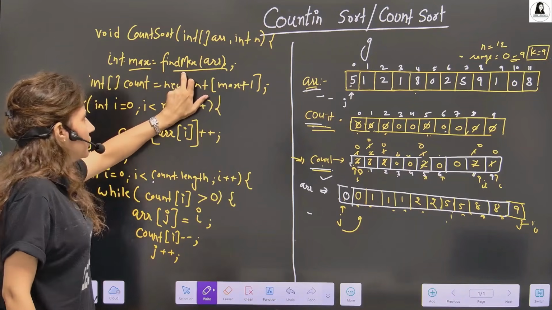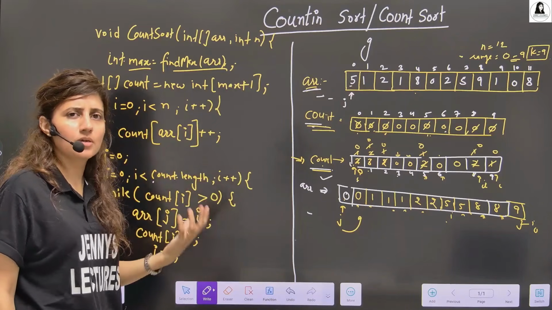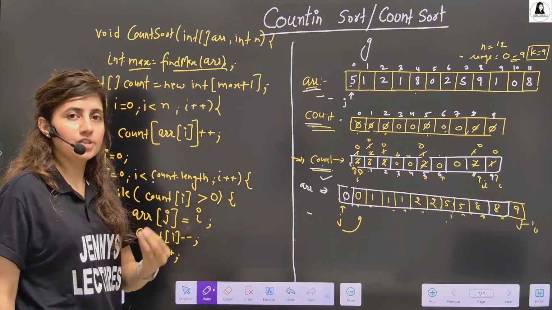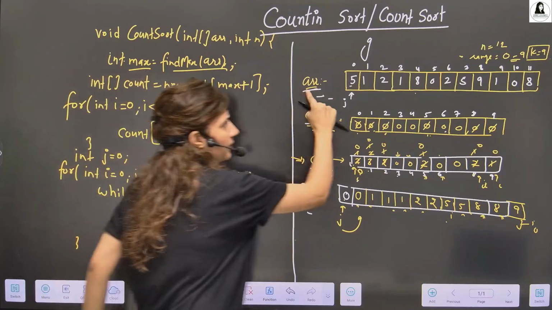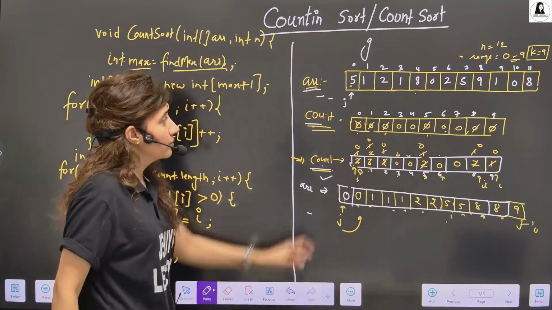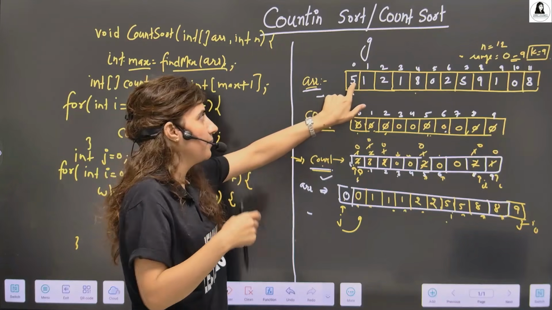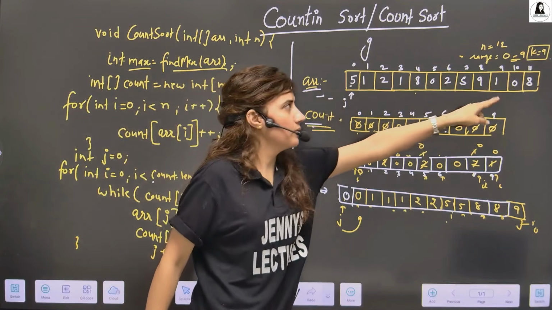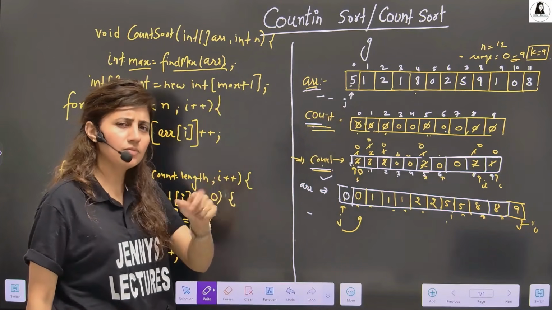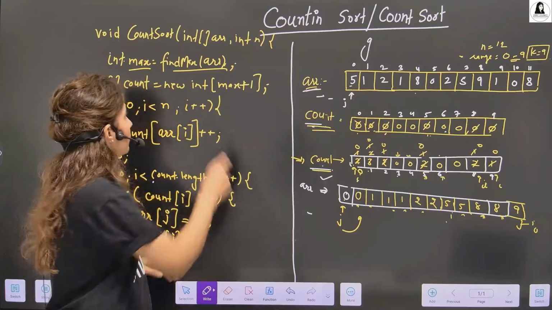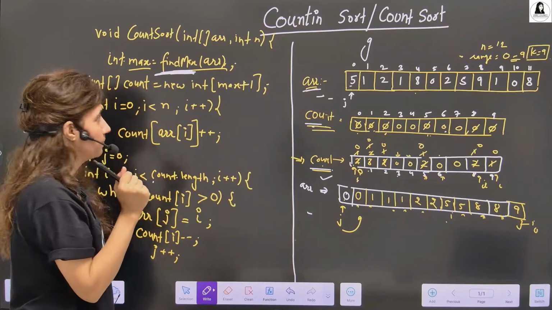I guess you can easily write down this method for find max. At first, you can just take a max variable and initialize it with the integer dot min value. Then you keep traversing from here to here. If this is greater than the maximum element you have assumed, you replace that max. Like this, you keep comparing till the last, and at the last you will get the max value. It's not that much tough. You can write down the definition of this find max method.